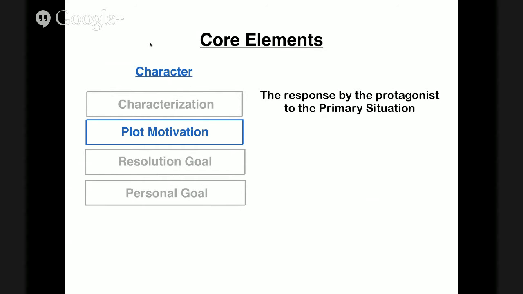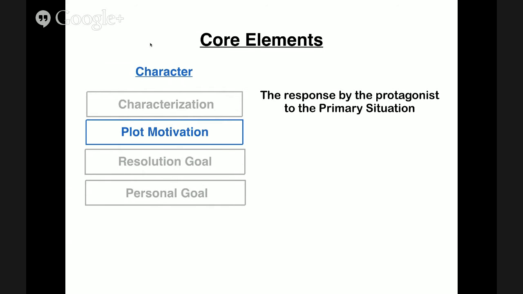The protagonist is going to encounter something. Let's say it's a problem or an opportunity or a desire, and they're going to respond to it in some way. It's a major decision that's going to shift the course of the movie. It also makes your protagonist active, which is desirable in screenplays. Passive protagonists don't really work well in movies. Your character is going to make a decision based on what was brought to him.